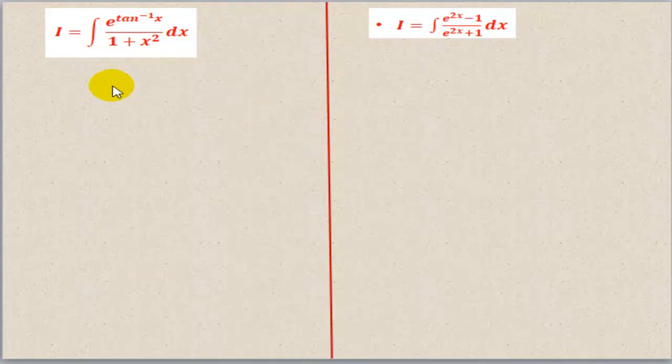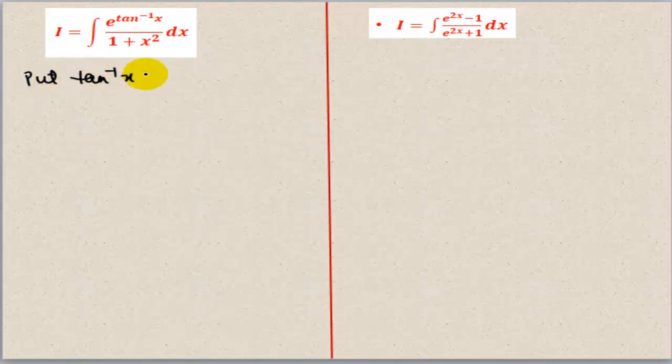See this one. Here again, as I said, in each question you will get enough idea to make out which part of the expression should be used for substitution. We are all aware that derivative of tan inverse x will be 1 over 1 plus x square. So we can put tan inverse x as t. Now if tan inverse x is t, the derivative of tan inverse x is 1 over 1 plus x square. That of x will be dx and derivative of t, dt. So you can see this particular part, if you locate this part, is getting converted into dt.